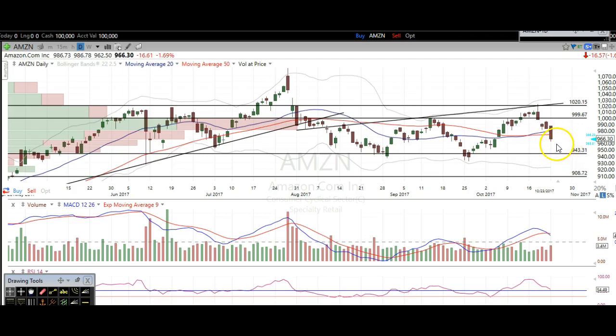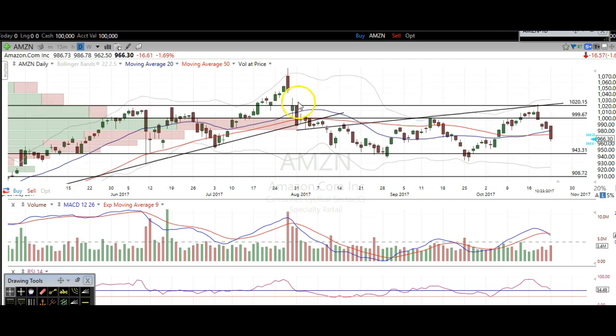Down at 950 is going to be a pretty big support. 950 to 940, depending on the level that it bounces at. But that's a big level down here for Amazon. Earnings is coming up for Amazon, and to me, it's not looking great for Amazon before earnings because we weren't able to break over this gap down. So normally what happens is